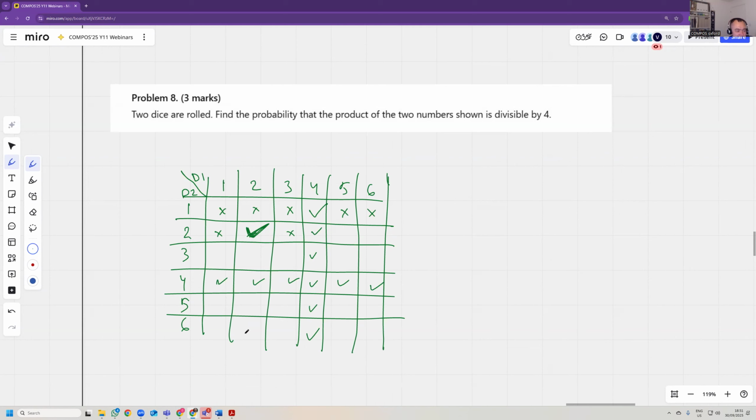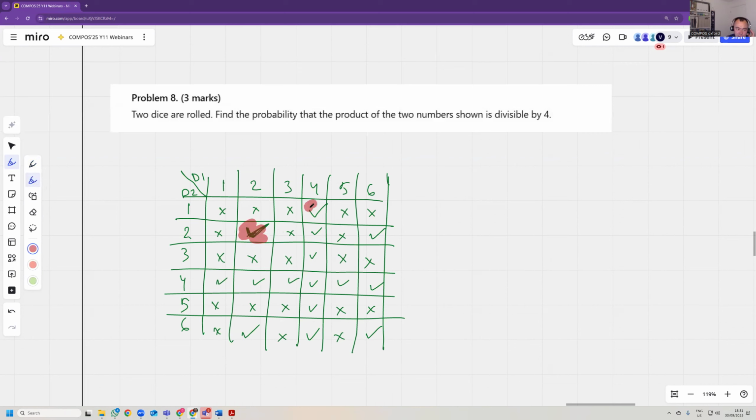Then 6 times 2 is divisible by 4. 6 times 5 is not. 6 times 6 is divisible by 4. 2 times 6 is divisible by 4. 2 times 5 is not. 3, no, no, no, no, no, no, no, no, no, no. 6 times 1, no. 6 times 3, no. 6 times 5, no. Okay, so we just need to